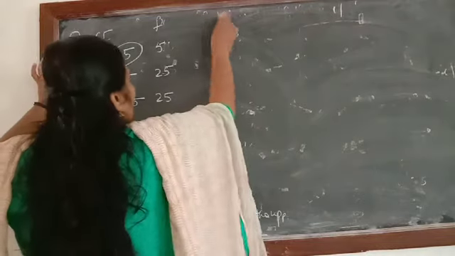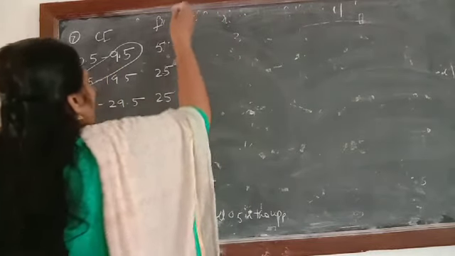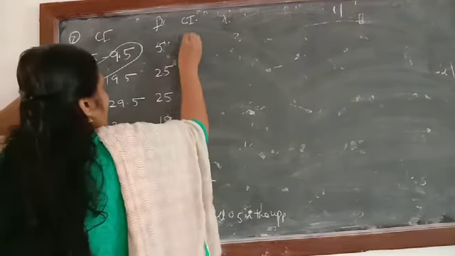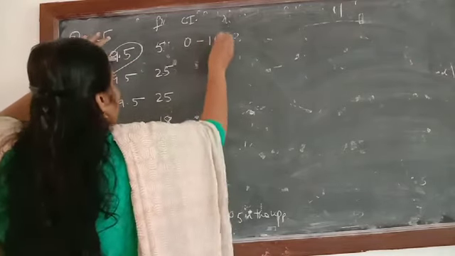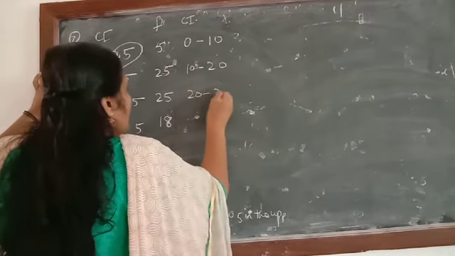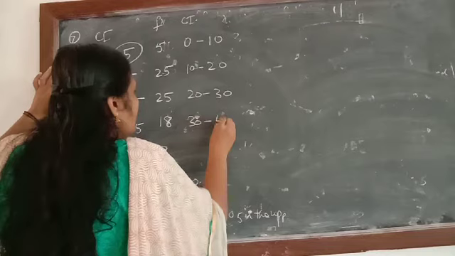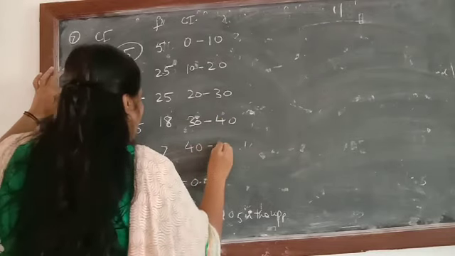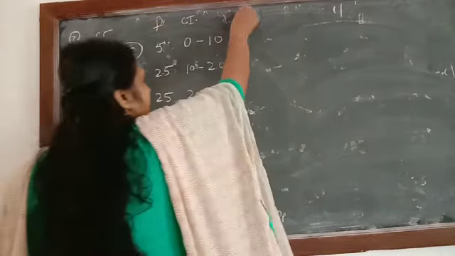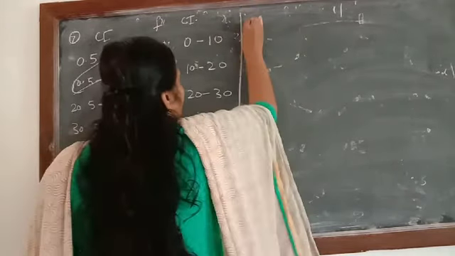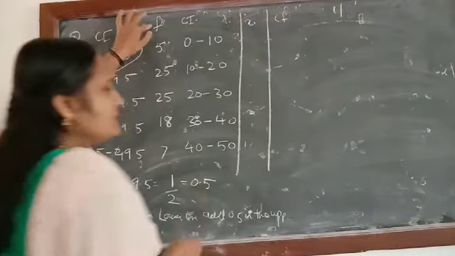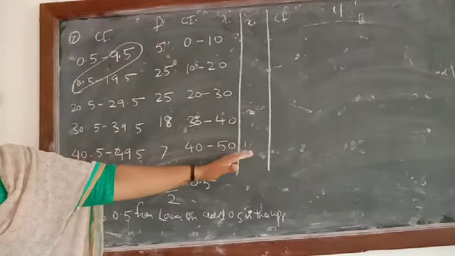So here we can write down the new class interval. Subtract it. 0.5 minus 0.5 will be equal to 0. Here we will get 10. Then next it will be 10 to 20, 20 to 30, 30 to 40, 40 to 50. So this is the class interval we have. After that, I think you can do the question. Now you can find out xi, then you can calculate the cumulative frequency, and all the rest of the methods are the same.